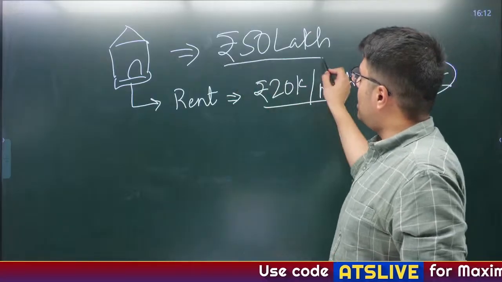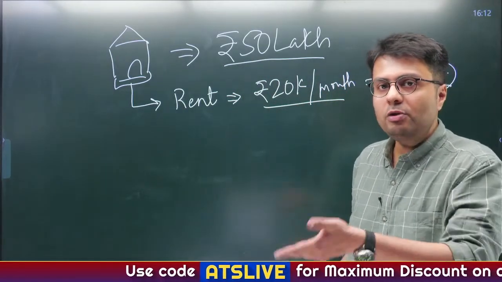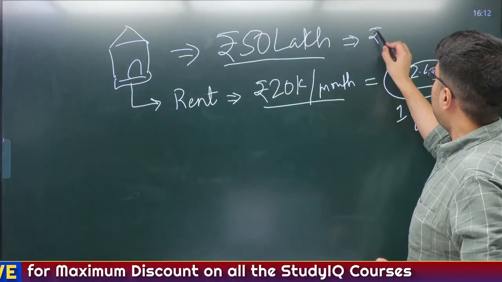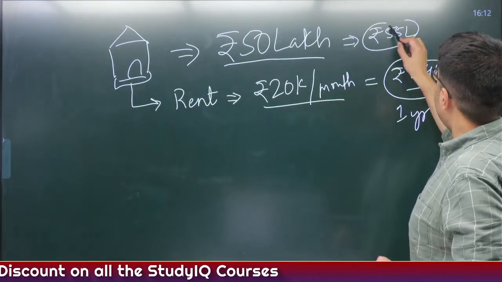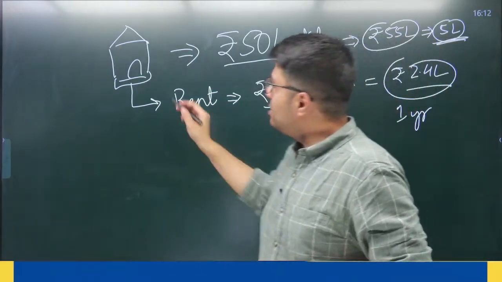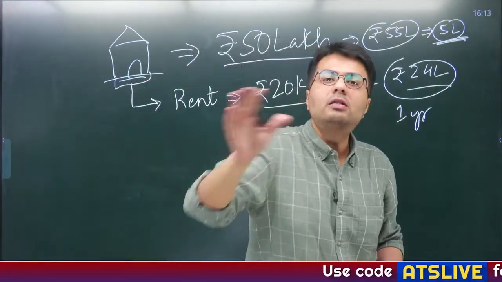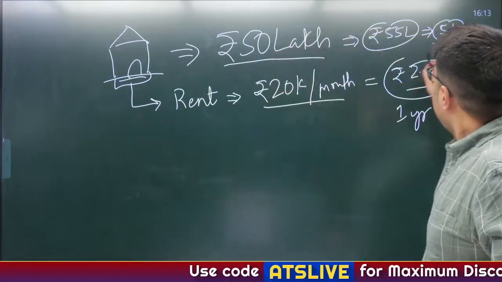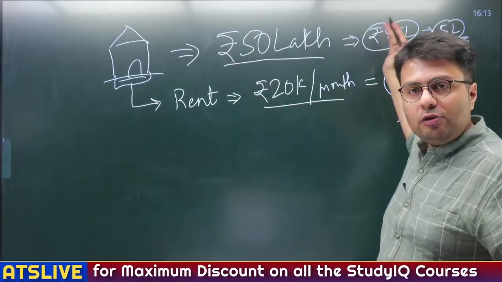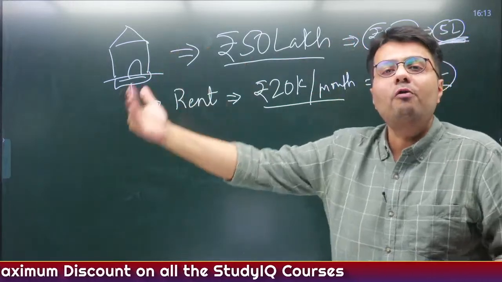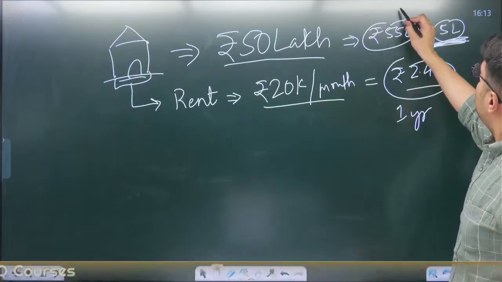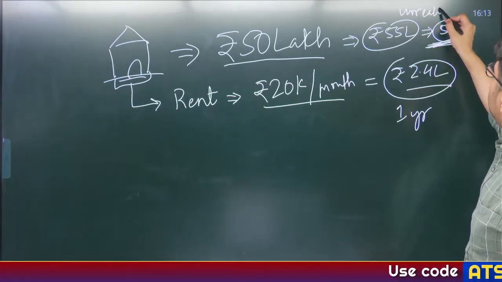Similarly, you purchased that house for 50 lakh rupees. Suppose the property rates in the area increase, and now the price of that house becomes 55 lakh rupees. So here your profit becomes what? 5 lakh rupees. But if you still continue to own the house and do not sell it in the market, you are not actually making this 5 lakh rupees profit. Although the price of the house has increased, you have not made that profit because you have not sold the house. So this 5 lakh rupees is what is called unrealized profit.